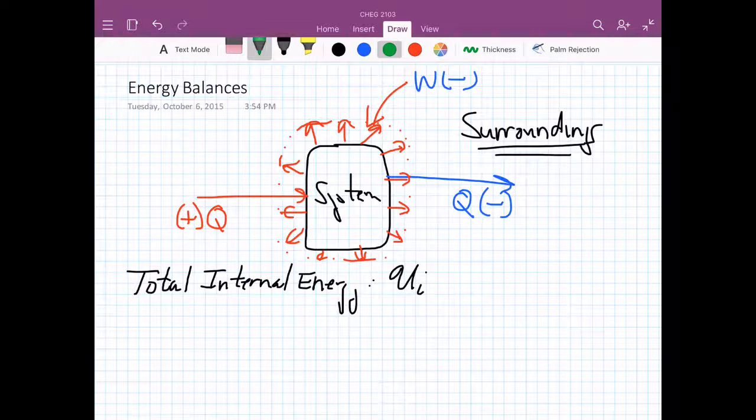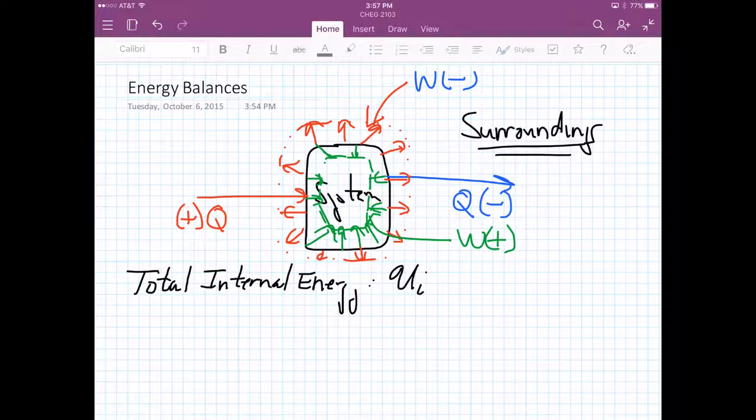Alternatively, the surroundings could do work on the system. Change the system boundary, deform the system boundary in this way, and this would be doing work on the system. So this would be work with a positive sign going into the system. So I can add or subtract heat from the system, and I can add or subtract work from the system. And that's pretty much all that can happen,